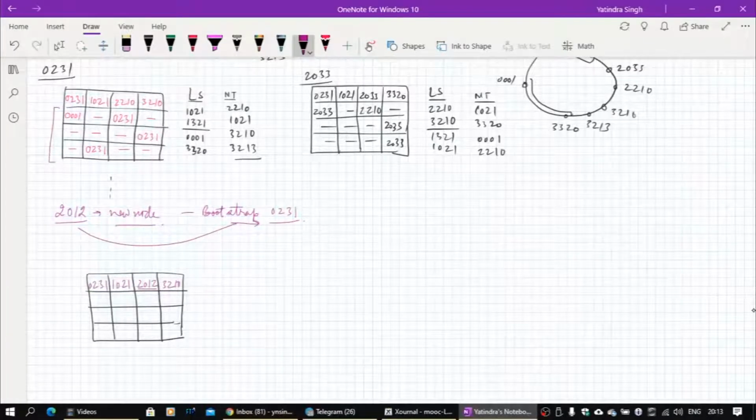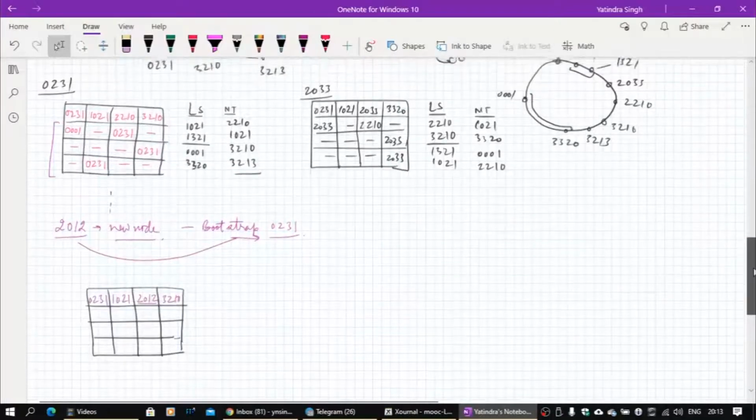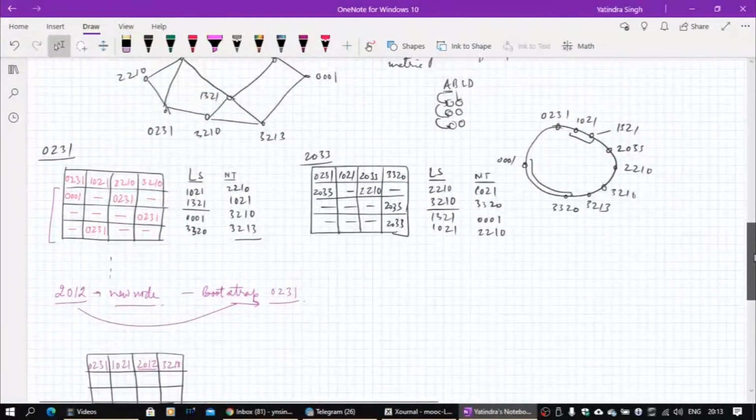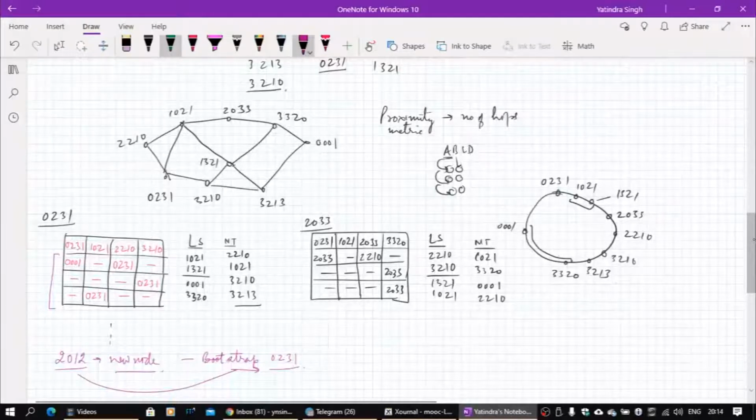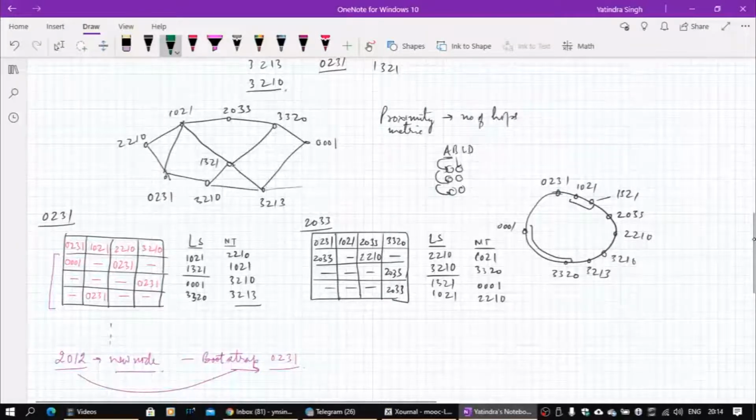Okay. So now 0231 will look at 2012. 2012 will come into its knowledge. So it has to update its routing table if it is required. It can only happen that 2210 can be replaced by 2012. And the way we are adding this entry, I am keeping this entry at this position, 2012.